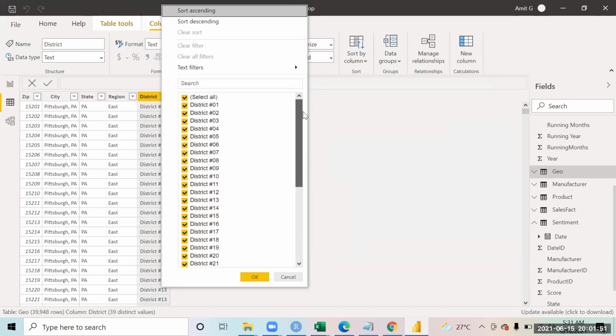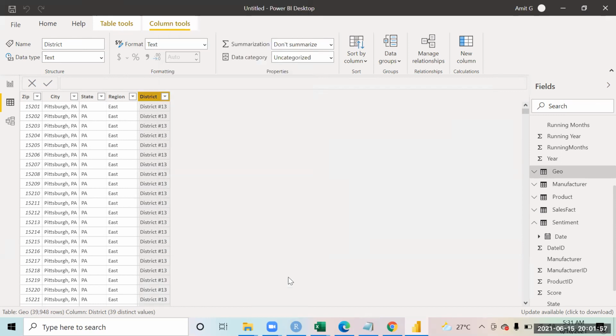If you see over here in the geography table, this is the same hierarchy that you have. Zip code, right? Every city will have multiple zip codes, and a city belongs to a state. The states are divided into different regions, and regions are also divided into districts.